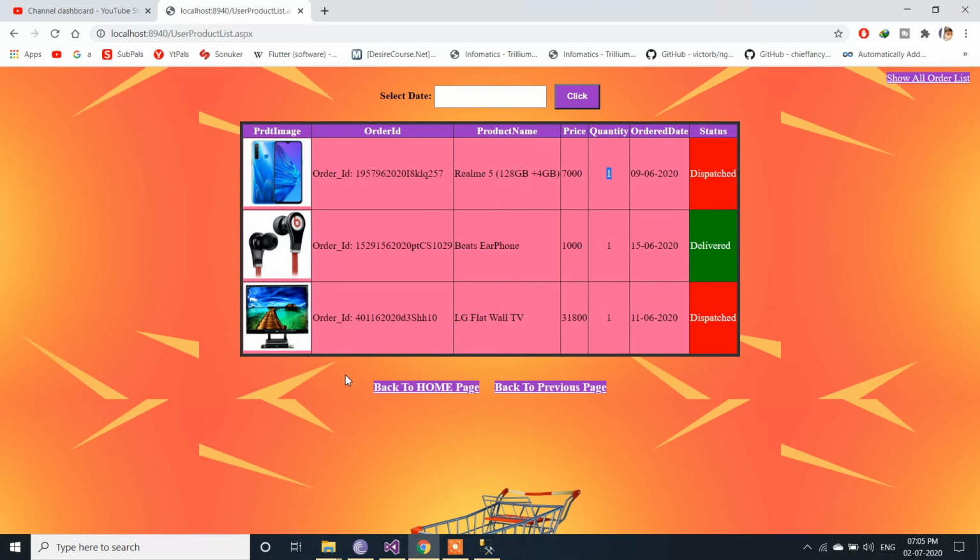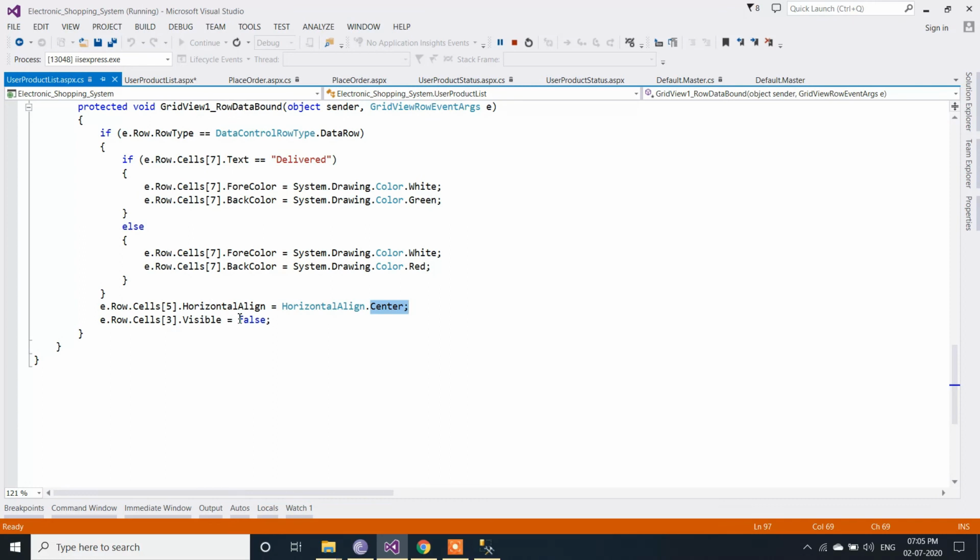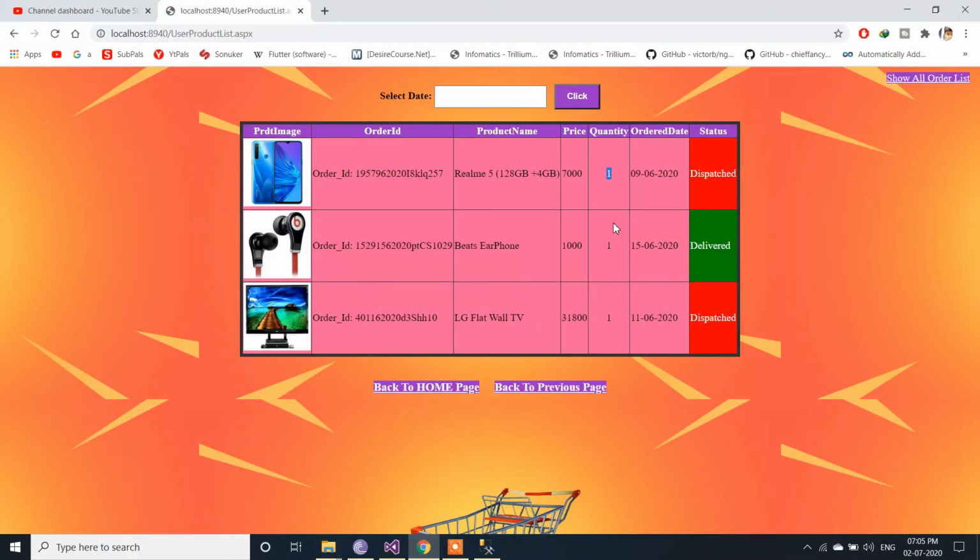If I hadn't given that code inside this event, then the data displayed here would be aligned to the start of this column, sticking to the edge. That is not looking good, so that's why I have used that property to align it to the center.